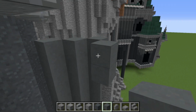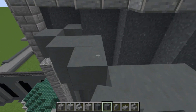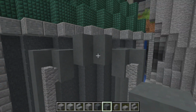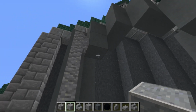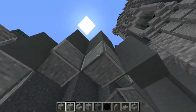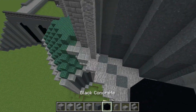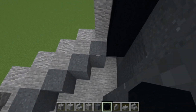Then come in a diagonal from the top block in like that from each of them, and these 2 blocks here that we've just placed, build each of them up 1 like that. You're then going to place a polished andesite block underneath each of those 4 blocks of the Cyan Terracotta. Take some black concrete and we're going to fill up the back of this window with the black concrete just